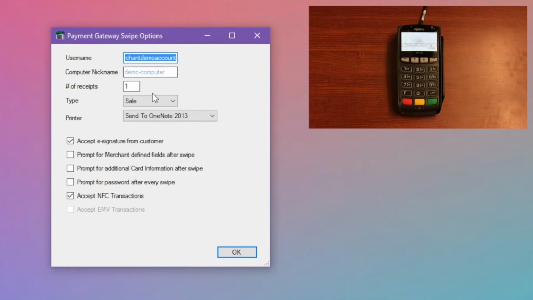You can change the computer name, which will change what shows up in your transaction history. You can change the number of receipts that are printed. We default to 1, but you can enter as many as you'd like. Type of transaction is where you can decide what happens when you swipe a card. The default is to run a sale. However, you can change this to authorization only, or if it's active on your account, you can add the customer